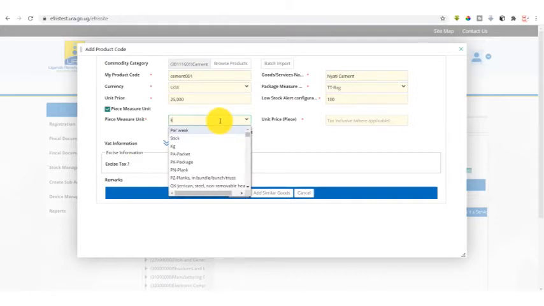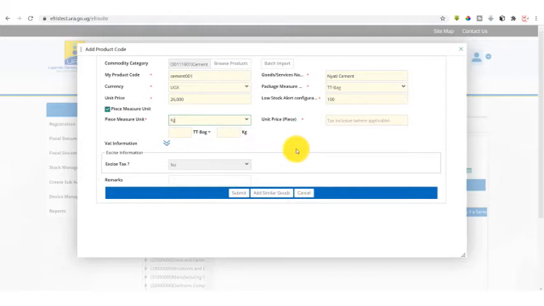So we type K. Under the drop down, we shall get kilograms. There we select it. So we should describe how much we are going to sell each kilogram. If we said the 26,000 is going to be for a bag, how much shall we sell a kilogram? Let us first describe the bag here. So we say one bag will contain 50 kilograms of cement.